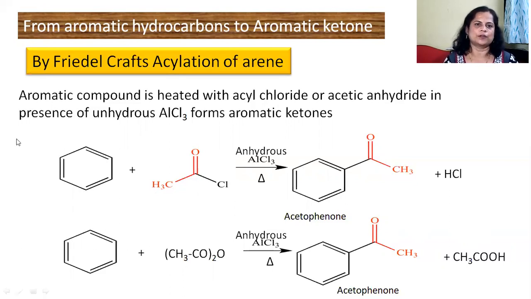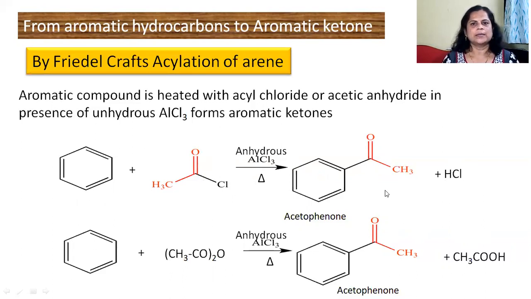Let us see the example for that reaction. Benzene when heated with acetyl chloride, CH3C=OCl. From the acetyl chloride, the C=OCH3 part is introduced into the benzene ring. See here, one hydrogen atom of the benzene is replaced, and what we introduce here is C=OCH3, and the Cl of that acetyl chloride is removed in the form of HCl.